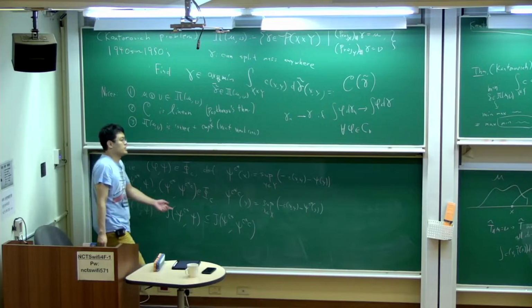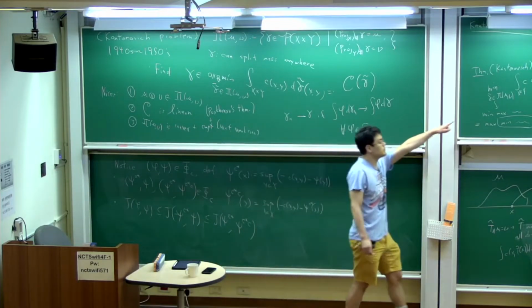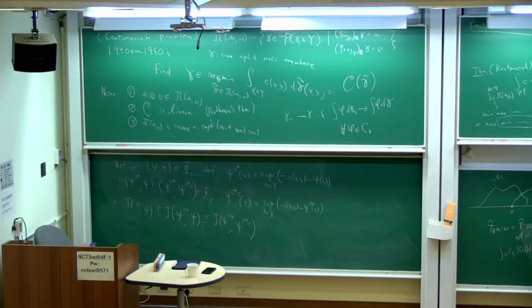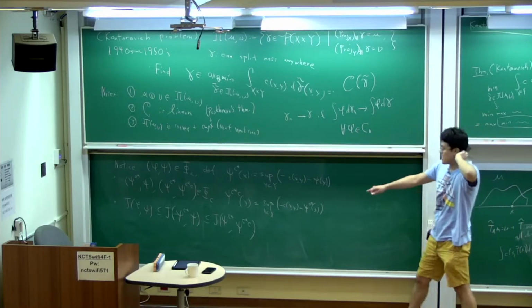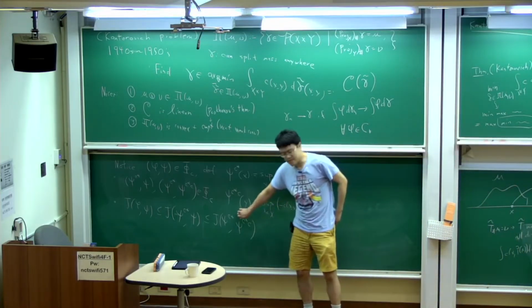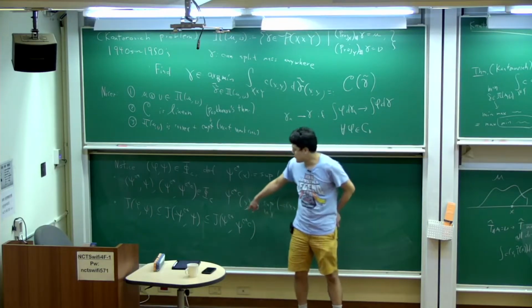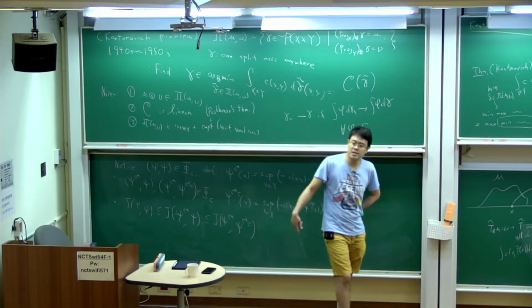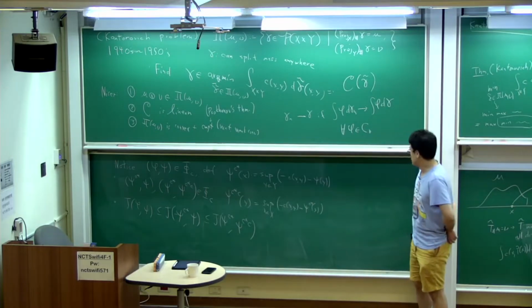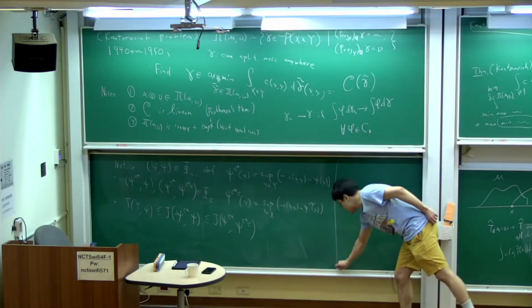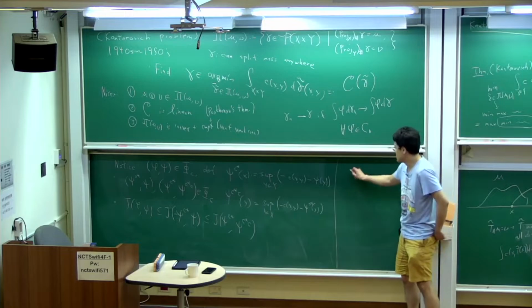So since I'm trying to maximize this functional, right, I might as well just start with only pairs that are these dual transforms of each other. And it turns out that such pairs will have a much, much nicer property. And so here's the key thing that you want to keep in mind. There's a canonical example,